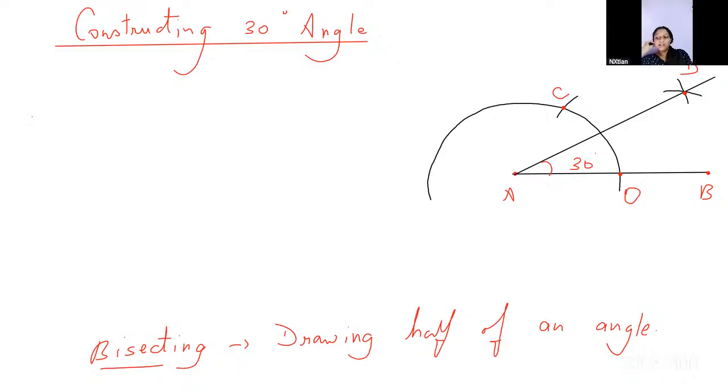The same way you can do with 90 degree. You make 90, from O only. From point O you draw one arc, and from the top point of 90, the E point we drew in the previous one, you cut the previous arc, and you will have the bisector. You will have 45 degrees using 90. So that is bisecting.